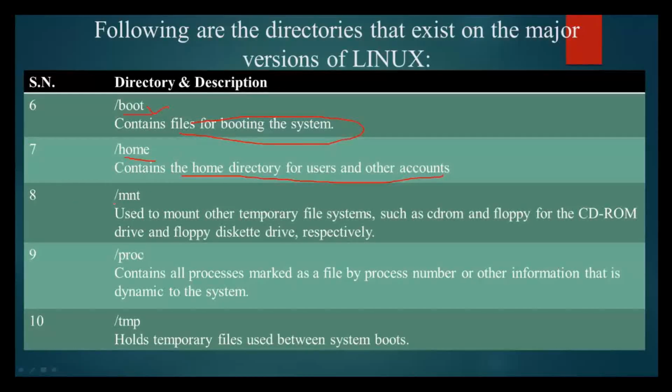Eighth one is nothing but mnt. Mnt means mounting, that is mount. Here it is used to mount other temporary file systems, such as CD-ROM and floppy disk, for the CD drive and floppy disk drive respectively. Suppose I already have my default file system. Here what I'm using is swap. Suppose I want other file systems